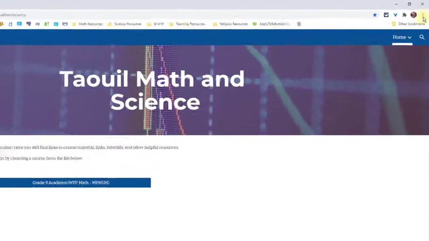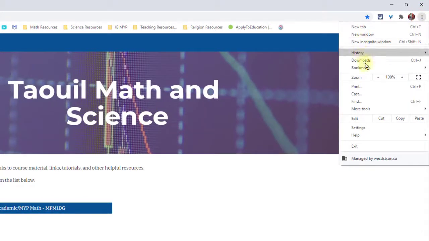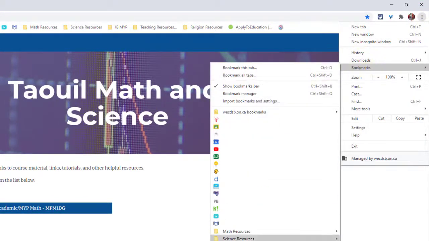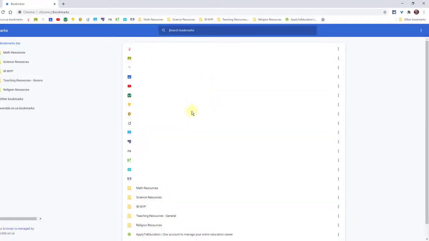So the way we do that is we go to our menu again. We're going to go to Bookmarks, and there's a bunch of options there, but the one that we want to work on is Bookmark Manager. So in here we can create our folders, we can drag bookmarks from one location to another, and we can edit. So normally, like